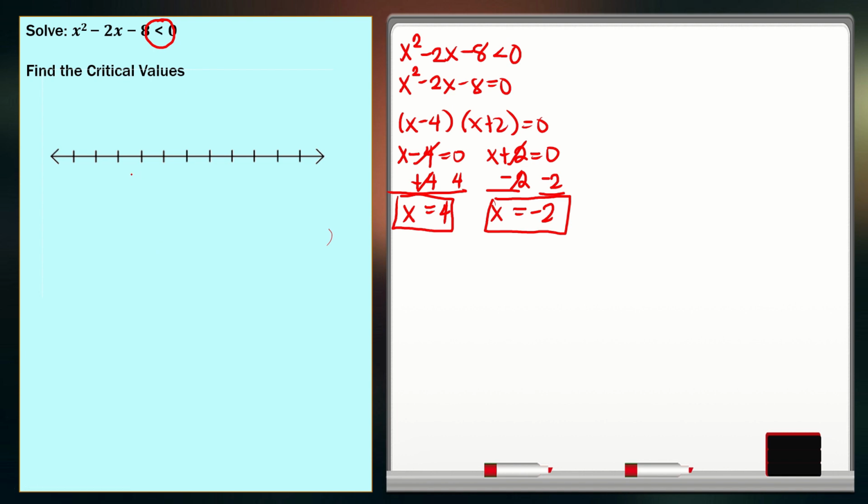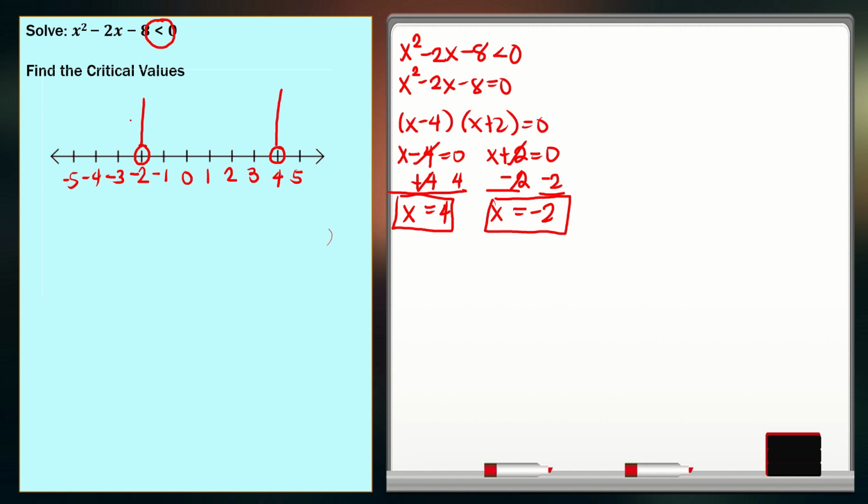Let us assume that negative 2 is somewhere here, so I will write a hollow circle. Then to the right of negative 2, we have negative 1, 0, 1, 2, 3, 4, 5. So this is our second critical value, which is also a hollow circle. Next, to the left of negative 2, we have negative 3, negative 4, and negative 5. So again, we have these three regions.